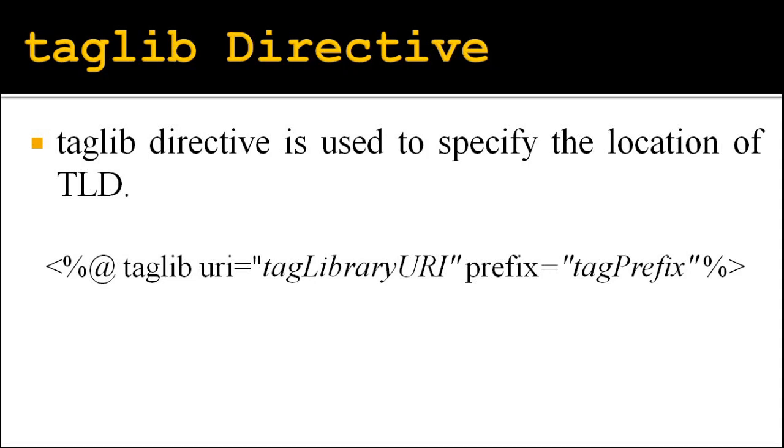This directive has two attributes. One is the prefix attribute, which is a name used to identify tags from these libraries. The second attribute is URI, which stands for Uniform Resource Identifier. The value of URI is the URL of the tag library descriptor. So this is about